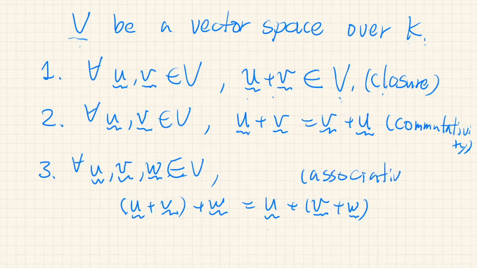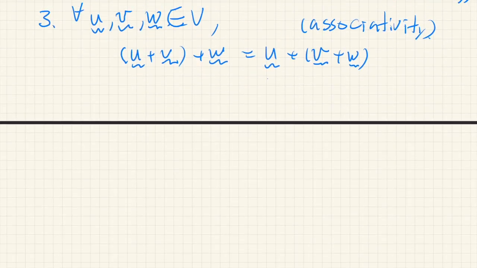We say vector addition is associative. And 4,